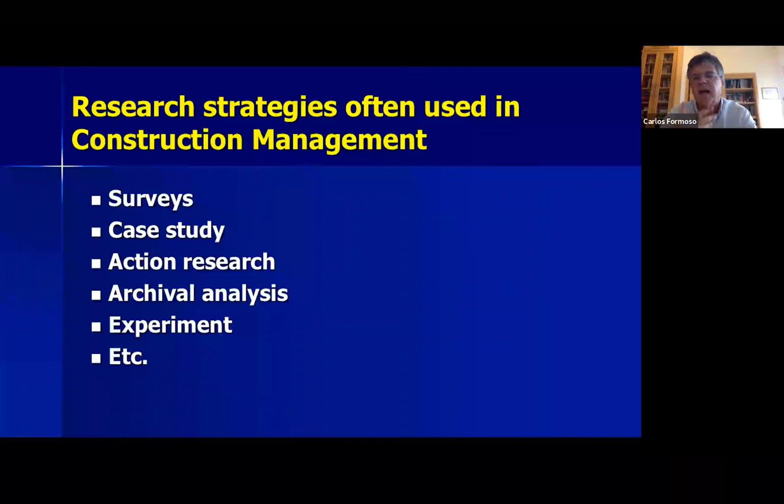Some people do archival analysis, for instance, stating database, data mining, and so on. Some people develop experiments. The origin of experiments is in the natural sciences, right? So most of these research strategies or research methods, the origin of those methods is in either natural or social